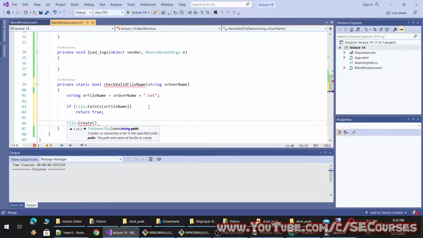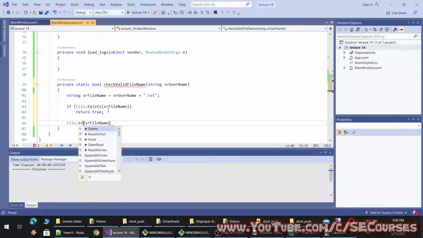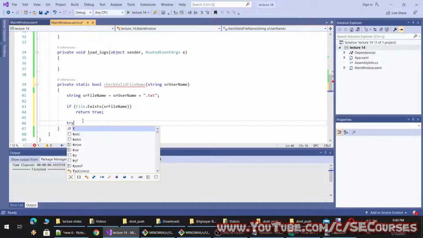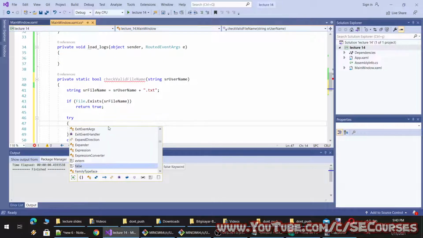Create file name, and the create method returns us a file stream. Maybe we can say try create, or I think we can do something like this, with a try and catch block. This would be the best approach.